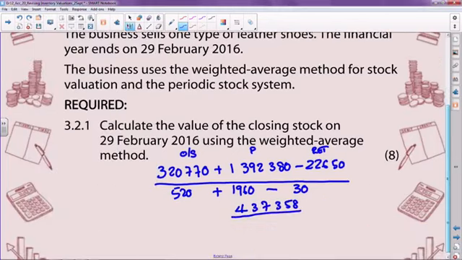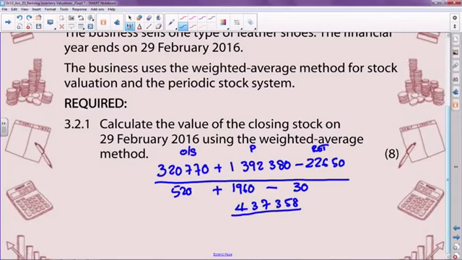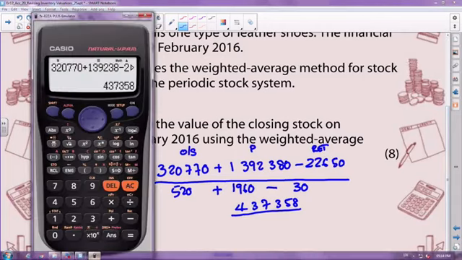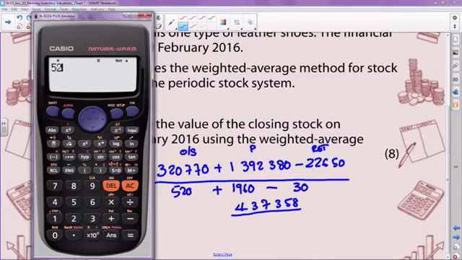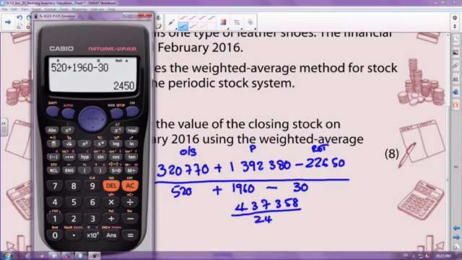So now I say fine. If we've got that calculation, back to my calculator, it's 520 plus 1,960 minus 30, and that will be equal to 2,450. That's, remember, the pairs of shoes. I now do my calculation where I take 437,358 divided by the number of pairs of shoes, which is 2,450, and this gives you a value of